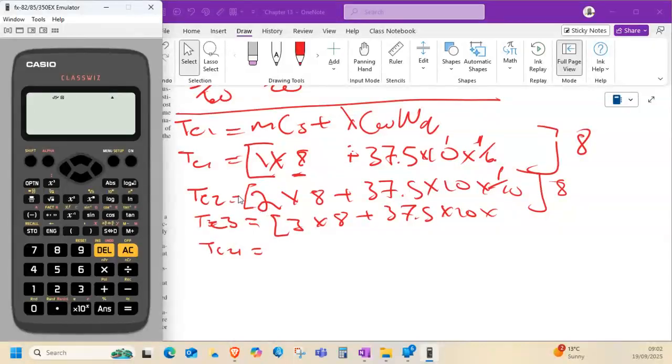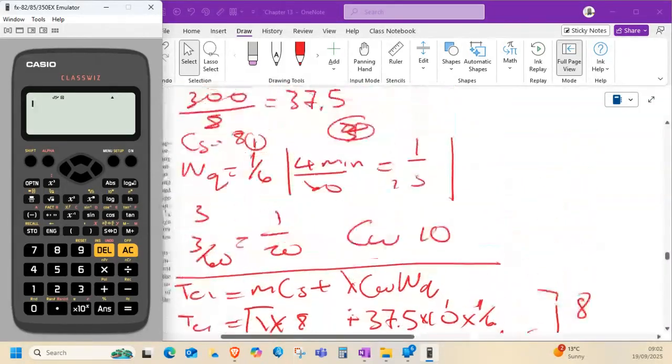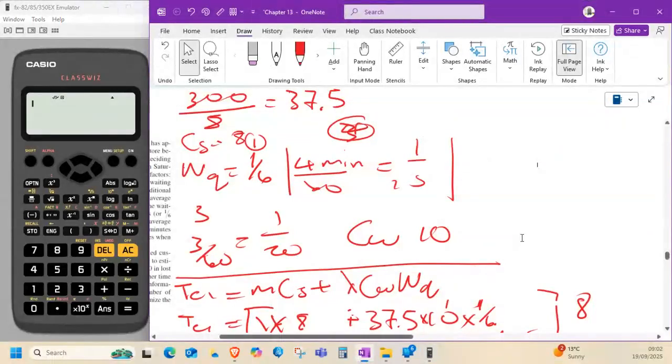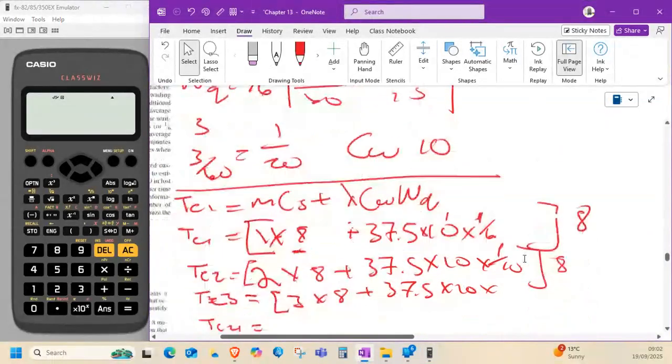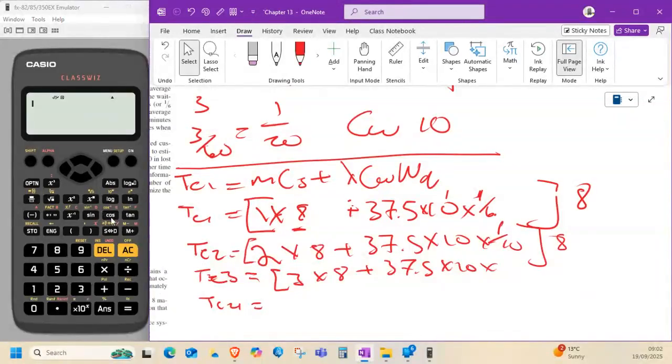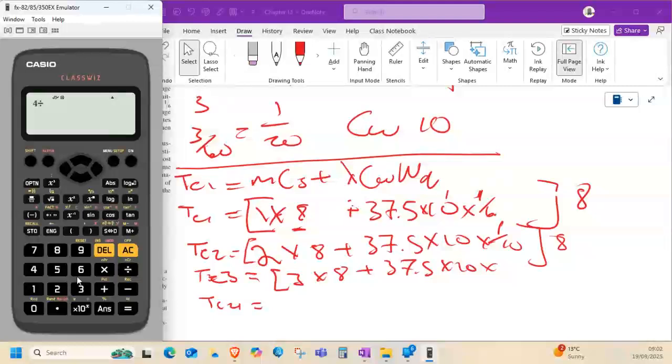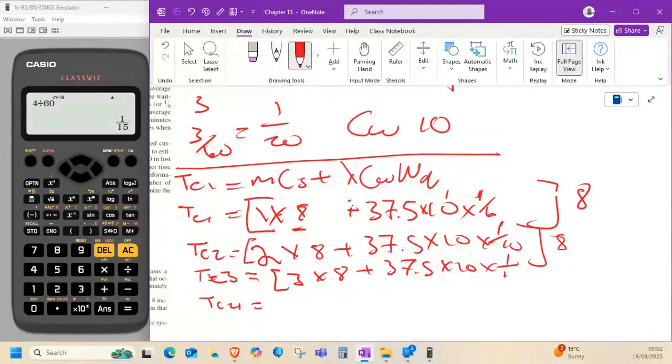Wait, no, I'm wrong. What is the original time? Oh, the original time is this 1 over 6. Oh, and then now 1 over 10. Okay, perfect. So we're going to 4 divided by 60 minutes, and we have 115. Okay, so that other one is going to be 121.15